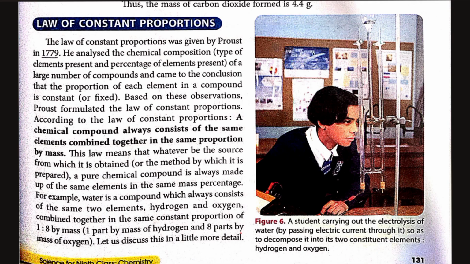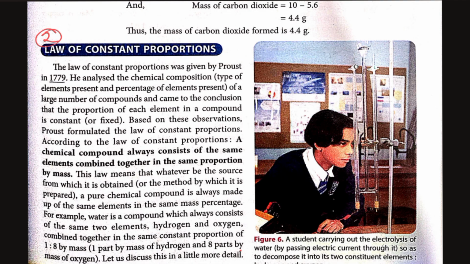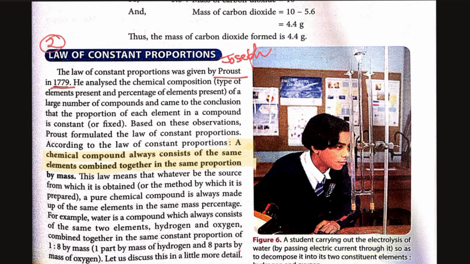We are going to do the second law, which is the law of constant proportion, and these are the laws of chemical combinations. The law of constant proportion was given by Joseph Proust in the year 1779, and it states that a chemical compound always consists of the same elements combined together in the same proportion